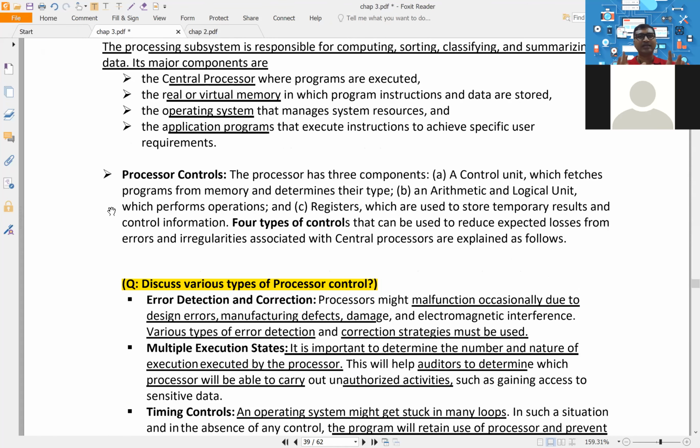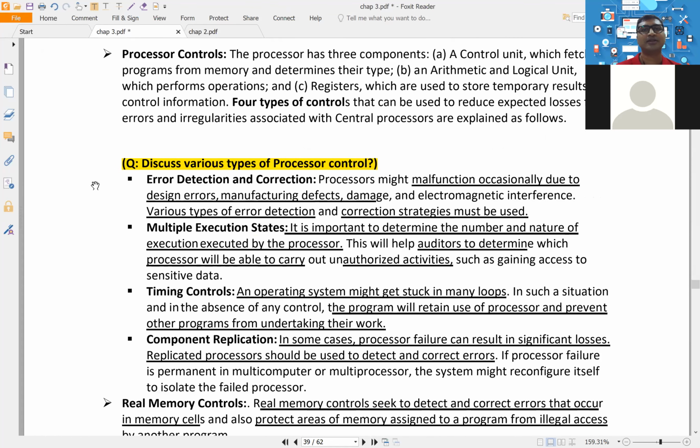One little bit tough part, but in that also we have four parts: processor control, real memory, virtual memory, and data processing control. We know that real memory is nothing but RAM, and virtual memory we also know. Okay, four parts. The little technical part is actually this processor control. Processor is nothing but the CPU, which has three parts, correct? Control unit. I told you that right now it is not in your syllabus, but for your general knowledge I'm just giving you this.